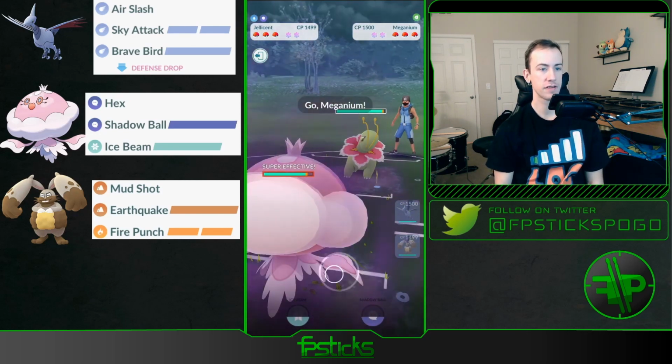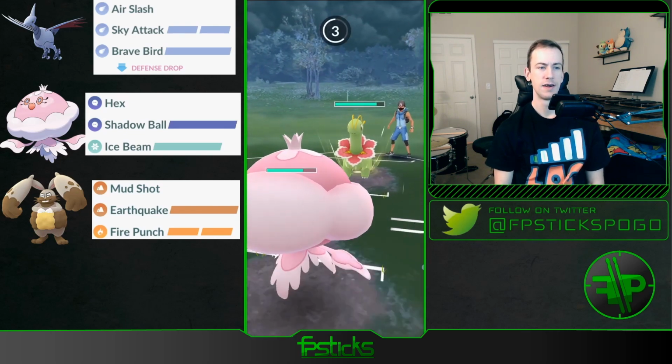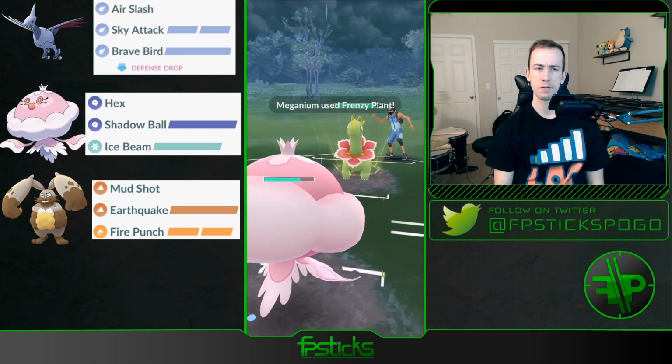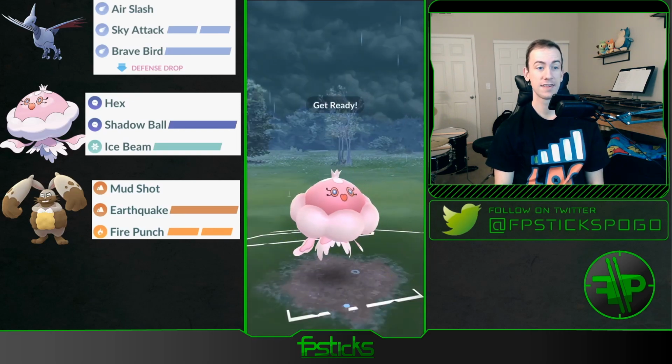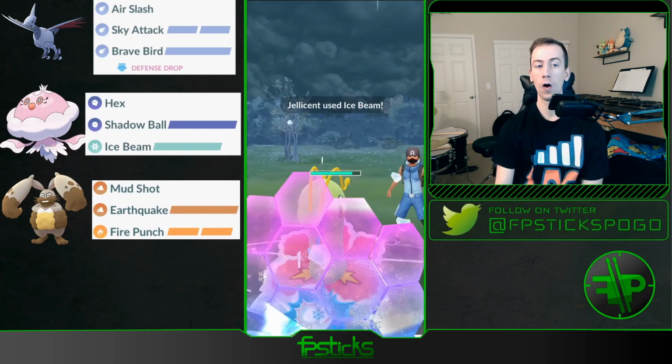Oh, this is not great. Going to stick with the Jellicent. Safe swap. Hard punished by Meganium. That is not super great. I bet Jellicent can survive one Frenzy Plant. Very nice. Barely. The good thing is...